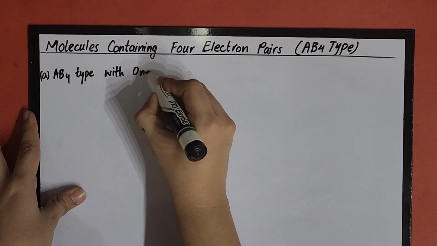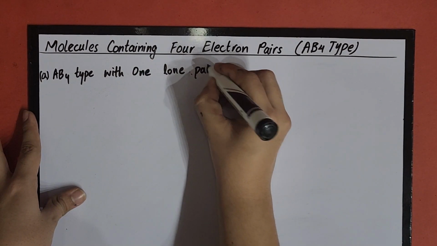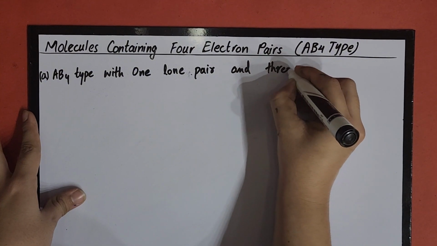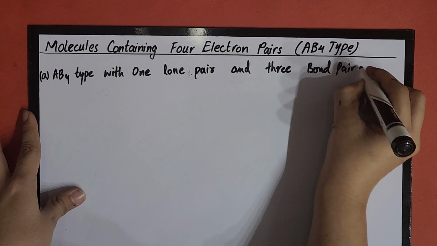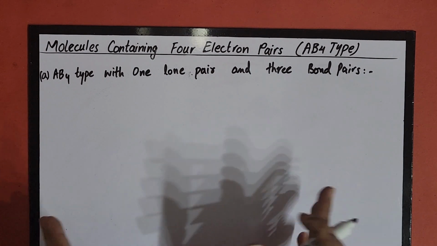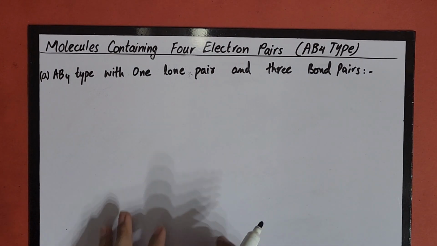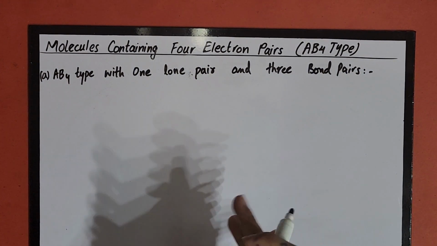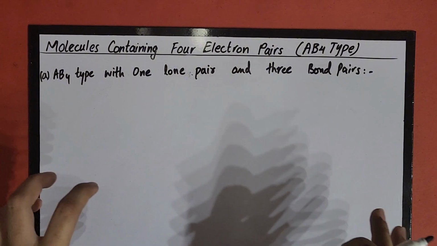With one lone pair and three bond pairs. In such cases, the charge cloud of lone pair electrons, like non-bonding electrons, spreads out more because they occupy more space than the bonding electrons. So as a result, the somewhat larger lone pair's charge cloud tends to compress the bond angles